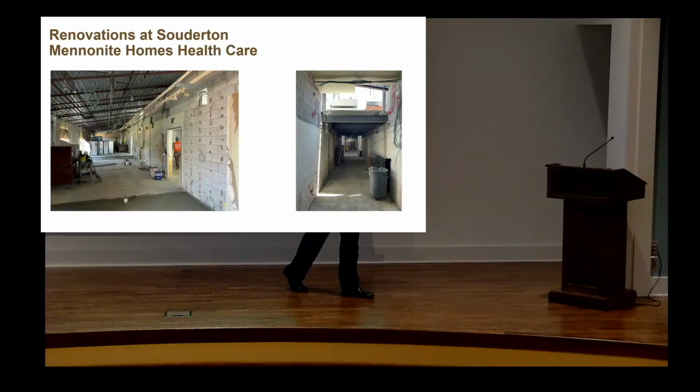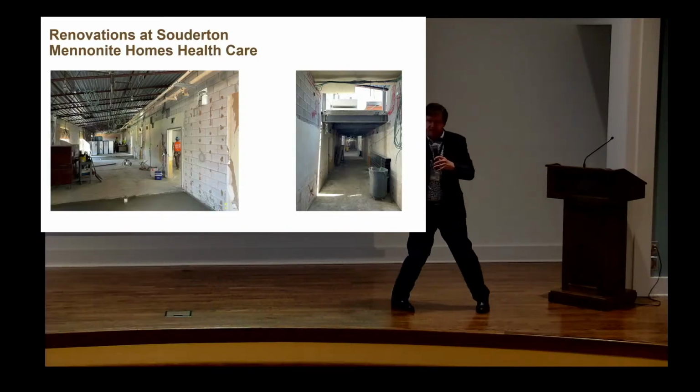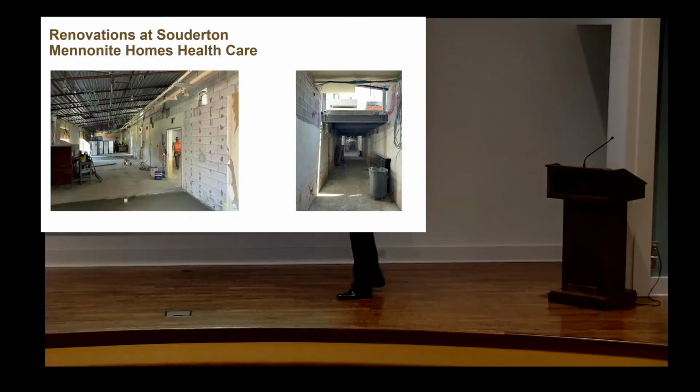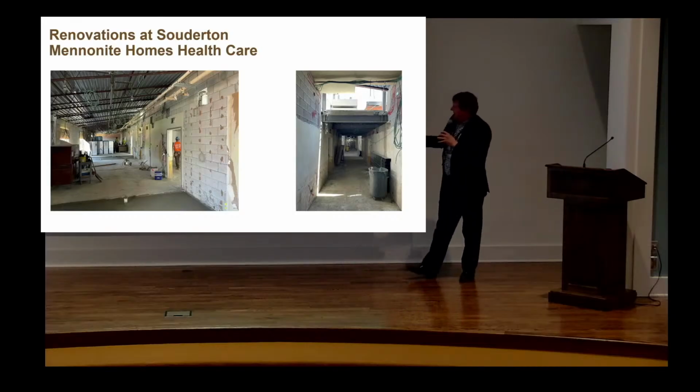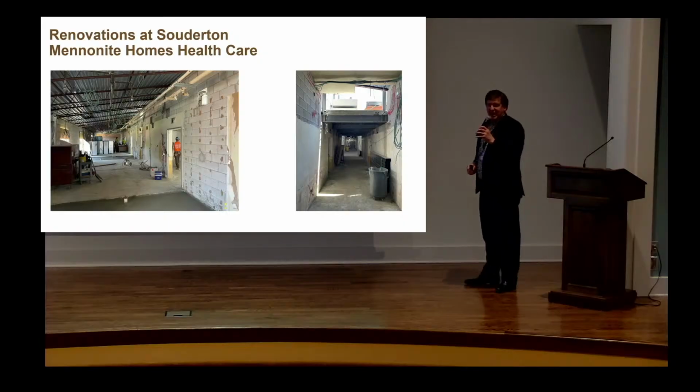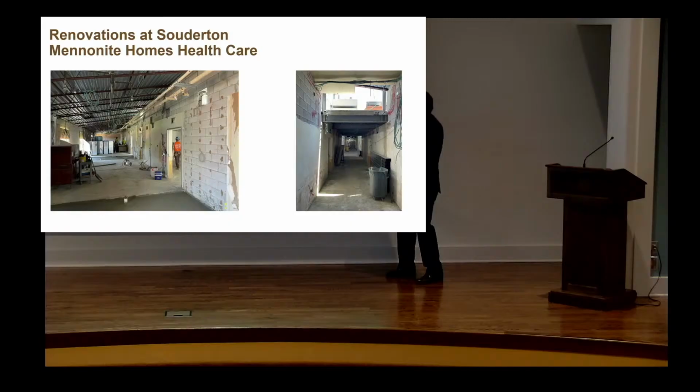That was to accommodate the European showers so we could get the slopes going to the drains. But that's looking down through the old resident rooms, where the guy in the orange shirt is. That's the hallway. And this is also the hallway, looking down through the hallway. Actually, you can probably see it better if you turn around and look at the back. It's maybe brighter, but it's looking down through the hallway, and so it is completely gutted.